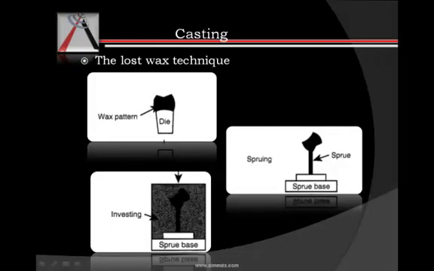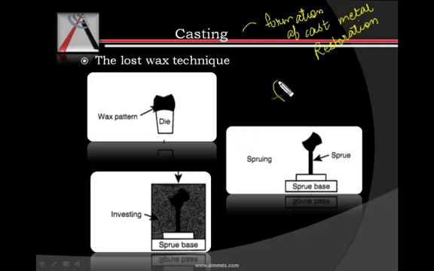Our topic of discussion today is casting techniques. Before we go into the detailing about how these casting techniques are done, let us first talk about why we need this casting technique. Basically, casting is the formation of a cast metal restoration. When we first have a wax pattern or a wax model of the restoration needed, it is converted to the metal casting. This total process of conversion of a wax pattern to the metal casting, which is finally delivered to the patient, is casting.